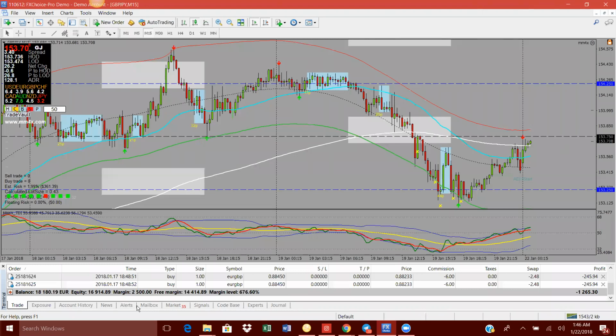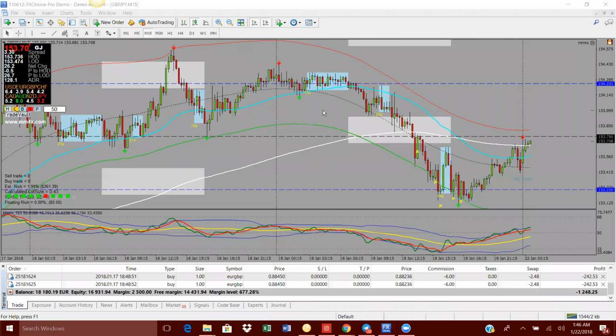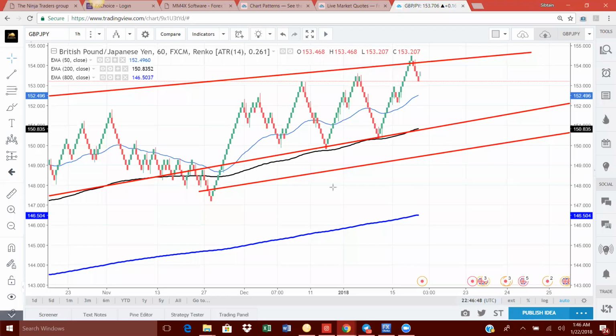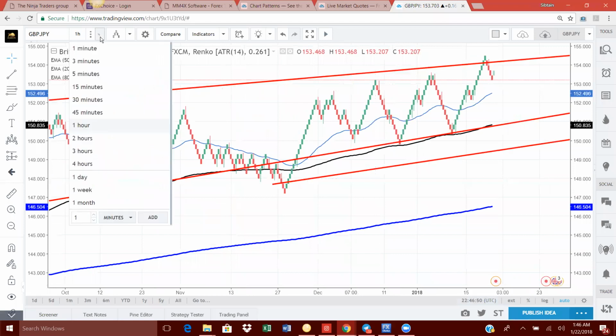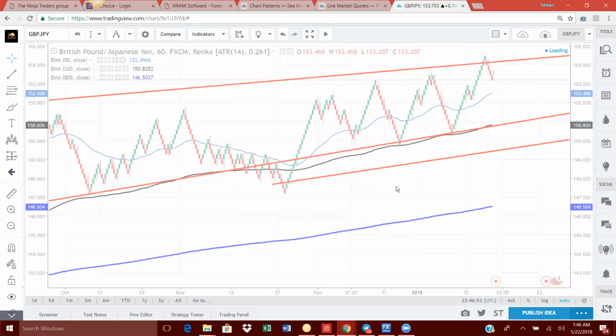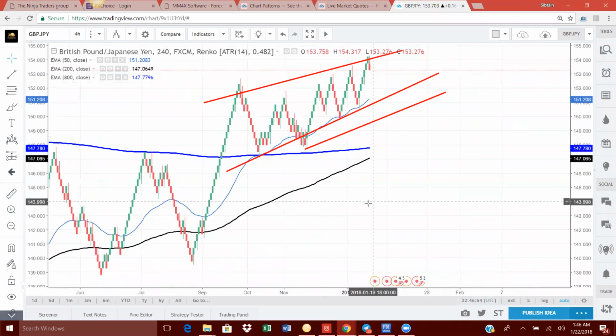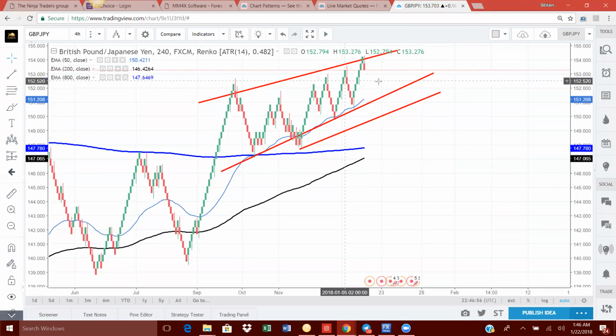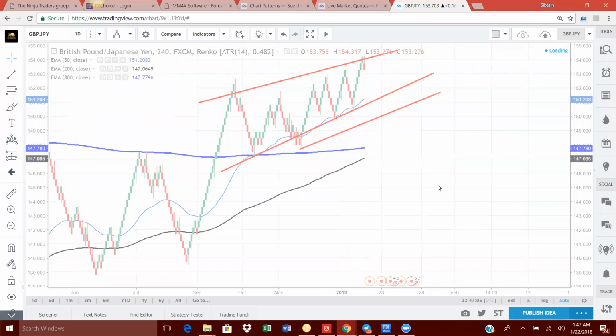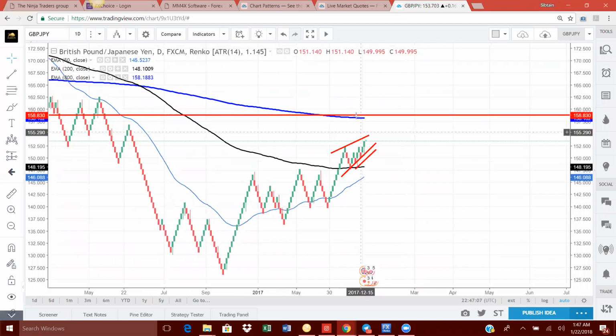Webinar. So I see Graham, my friend, is also here, but we almost finished the webinar. But yeah, I was telling about this GBP JPY, and hopefully anything can happen because we are watching it. Maybe it can go up, but eventually it is a big sell. On the daily, it can still go up to this level here,